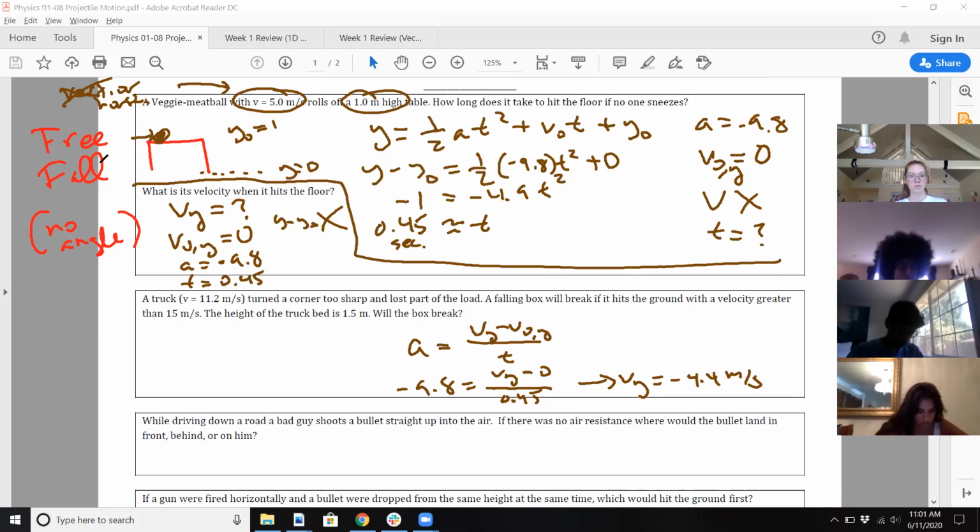So we flick the meatball. So actually, it's going to land somewhere a little far away. How do I find where it lands? That's going to be the range equation, or